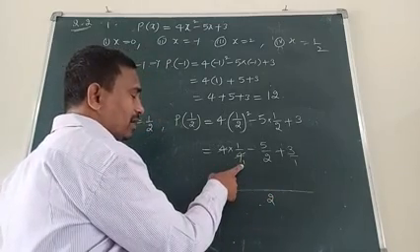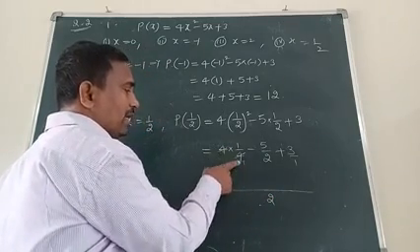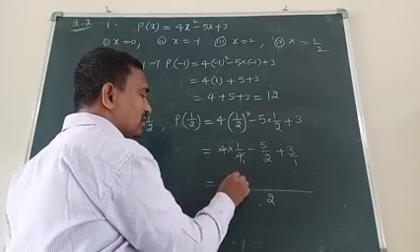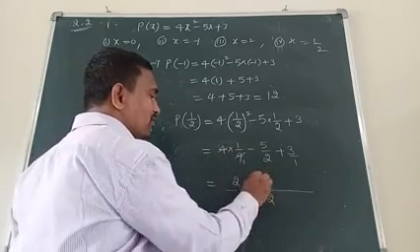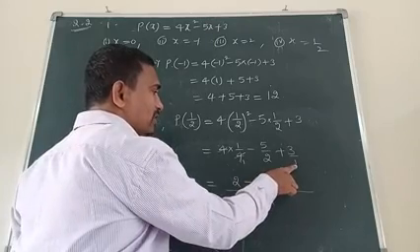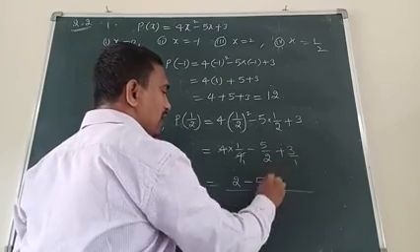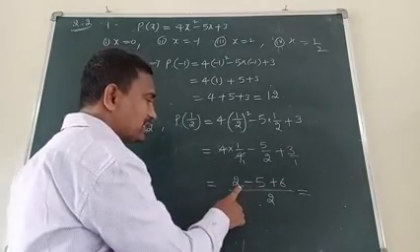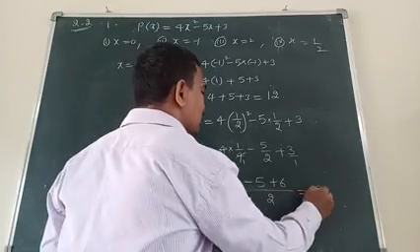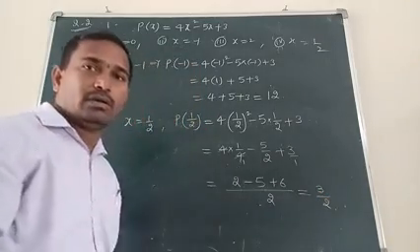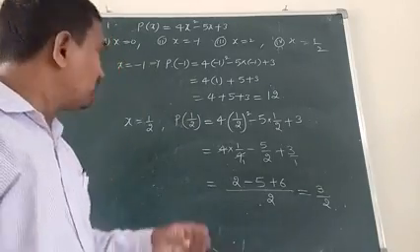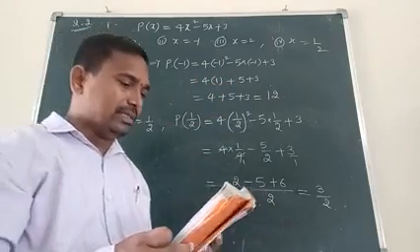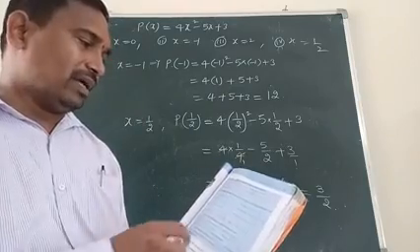So here the denominator is 1. How can you get 2? By multiplying 2 for the numerator and denominator. 2 ones are 2. Here the LCM is the same, 5 by 2. Here 1, so multiply with 2. 2 ones are 2. 2 threes are 6. So first add the positive terms. 6 plus 2, 8. 8 minus 5, 3 by 2. Okay. Now find the first one and third one.